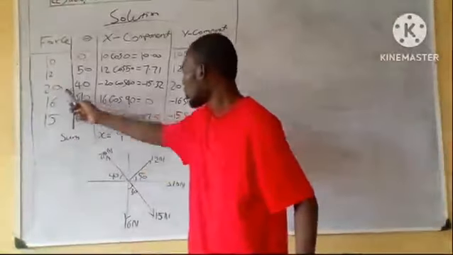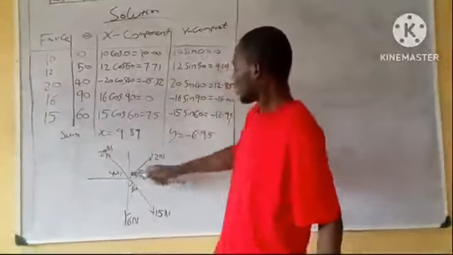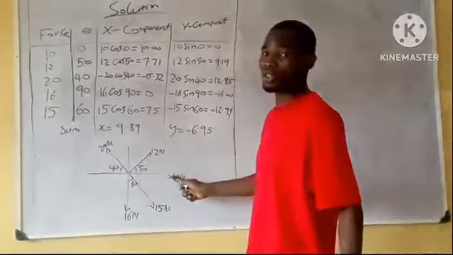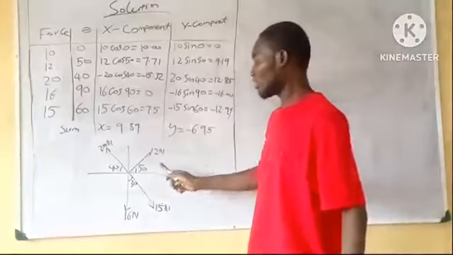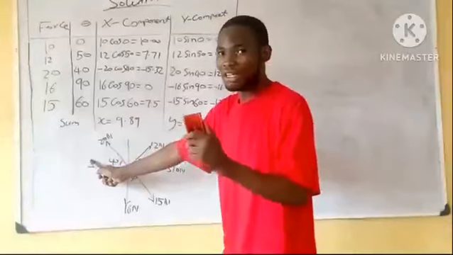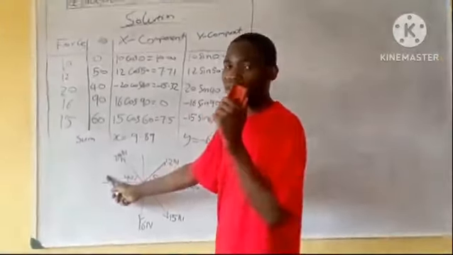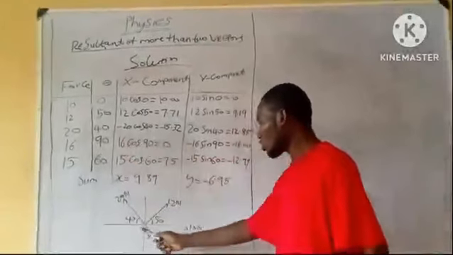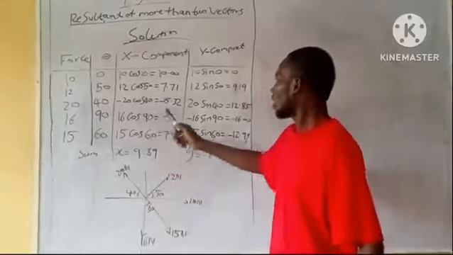Now, looking at this, look at the next one, 20. The x direction is negative, because from here to here for the x direction is positive, and from there to here is negative for the horizontal component. So that's why it's minus 20 cos 40. Now for the vertical